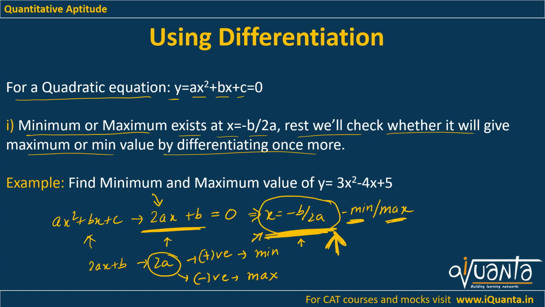Let me make it clear through the graph as well. Whenever you have a quadratic equation, you know that its graph is a parabola, whether opening upwards or downwards, right? Like this or like this. How do we ensure whether it is a parabola opening upwards or downwards? If this a that is involved in the quadratic equation is positive, then the graph of the quadratic equation opens upwards. If a is negative, then the graph of the quadratic equation opens downwards.